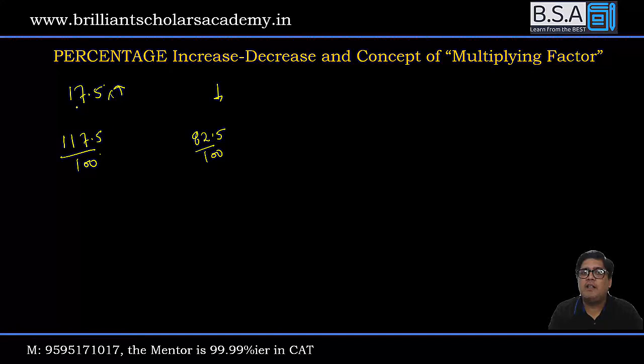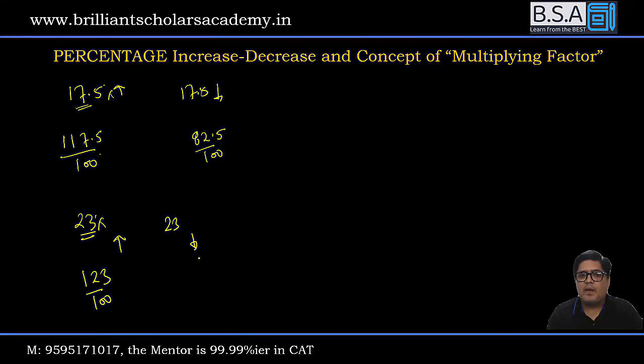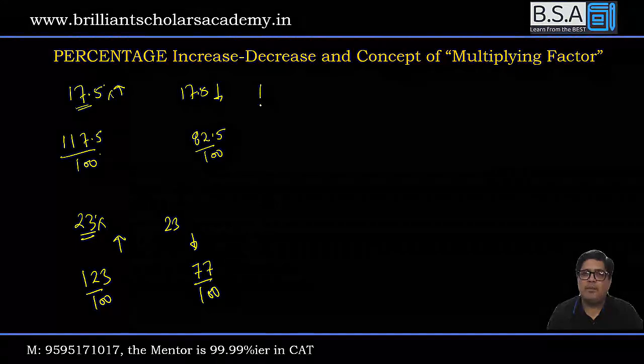For 17.5. थोड़ा और decimal लेते हैं, एक नॉर्मल लेते हैं. Let us say I want 23 percentages more. I will multiply 123 upon 100. I want 23 percentage decrease. What will I multiply? बस multiplying factor सिखाना was my job. चलो,